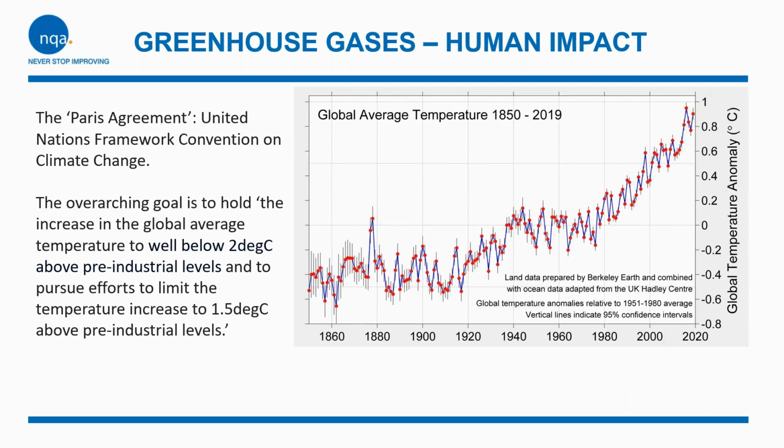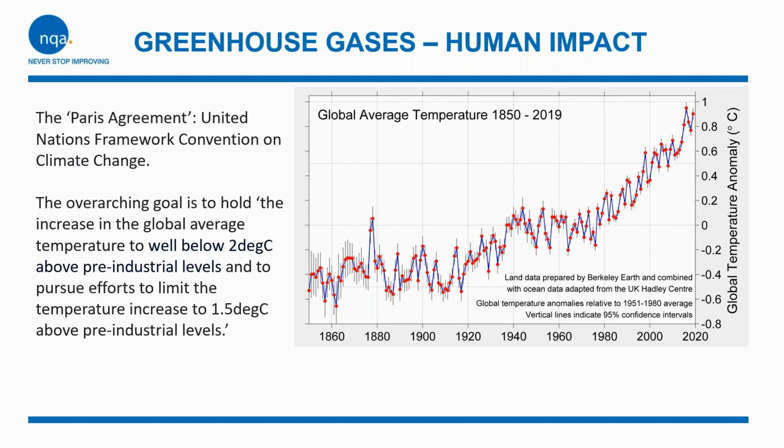Well, the graph here shows global average temperature 1850 to 2019 in this case. Some of the points there have got 95% confidence intervals. But what this means is that the members of the United Nations, via the Paris Agreement, have decided and agreed upon a high-level overarching goal to try to hold the increase in the global average temperature to well below 2 degrees centigrade above pre-industrial levels, and to pursue efforts to limit that temperature increase to 1.5 degrees